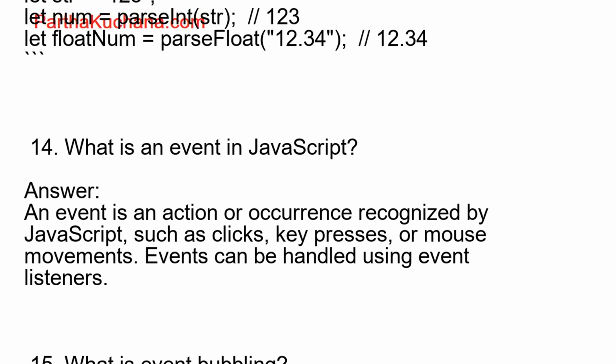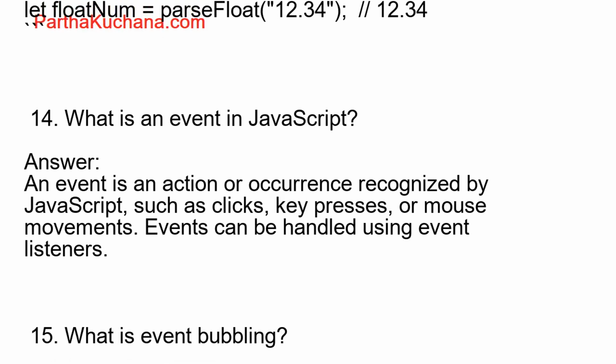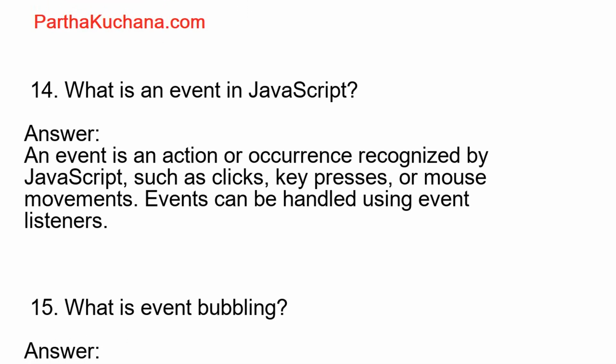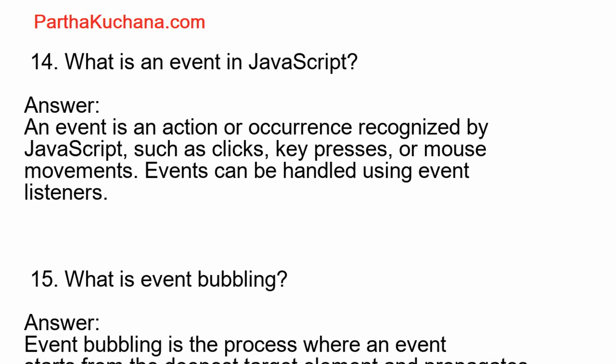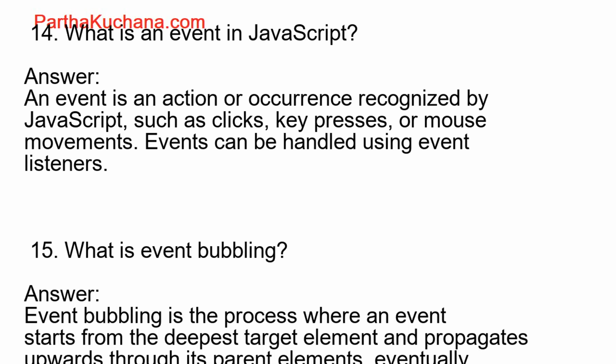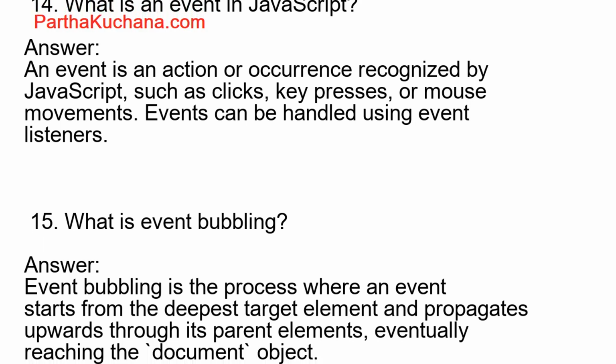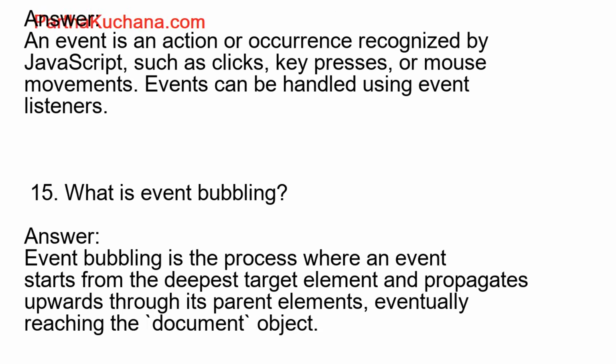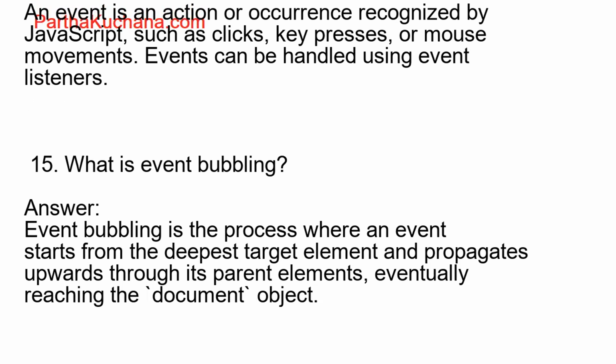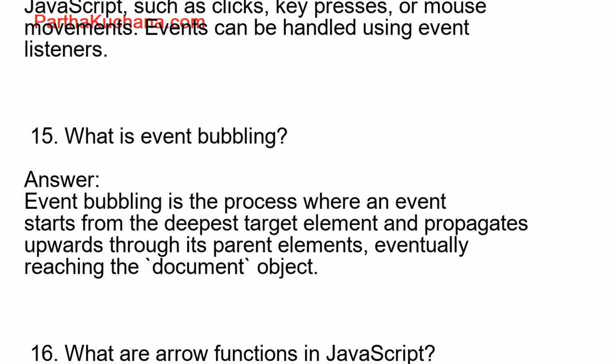16. What are arrow functions in JavaScript? Answer. Arrow functions are shorthand for writing function expressions. They have a concise syntax and do not bind their own this. Example, JavaScript: const add = (a, b) => a + b;